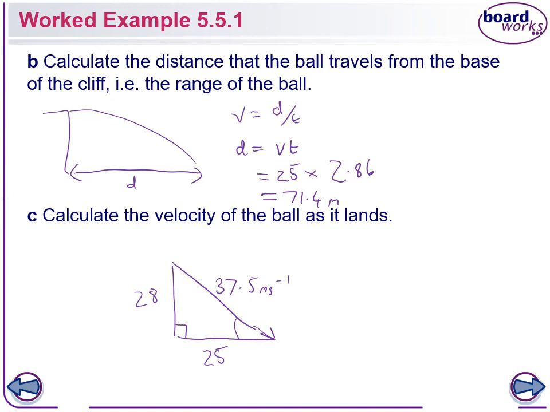Not sure. Let's use the 28 and the 25 and just work out the tangent. All right, so tan theta is equal to opposite on adjacent. So theta is going to be equal to the inverse tan 28 over 25, which is